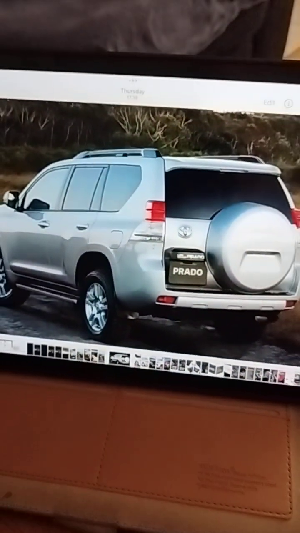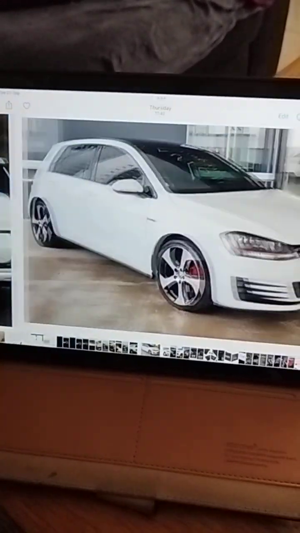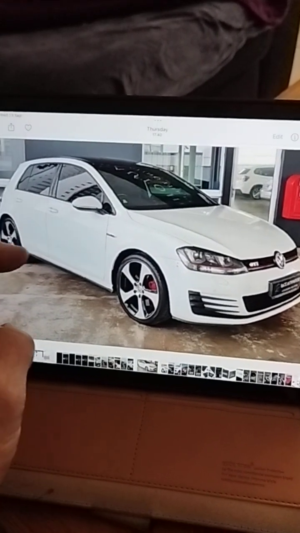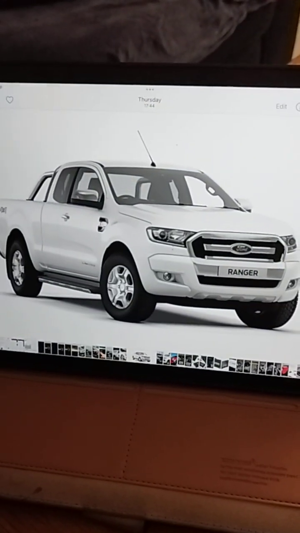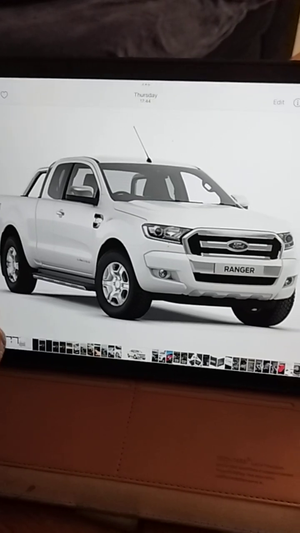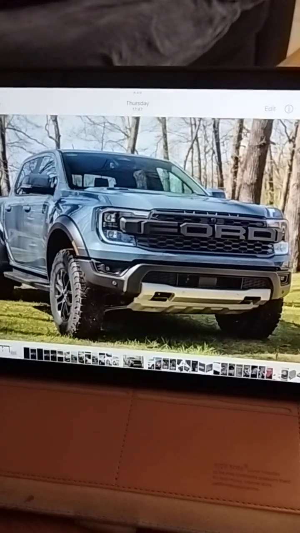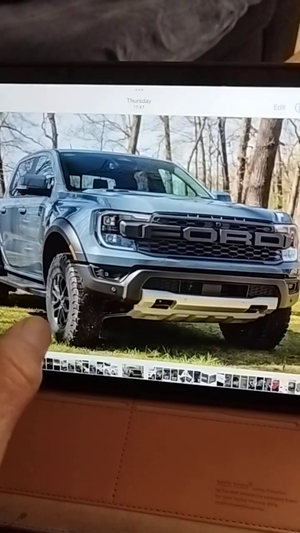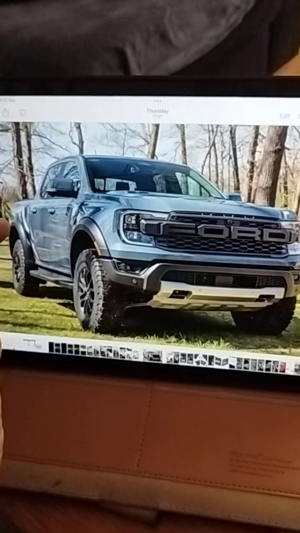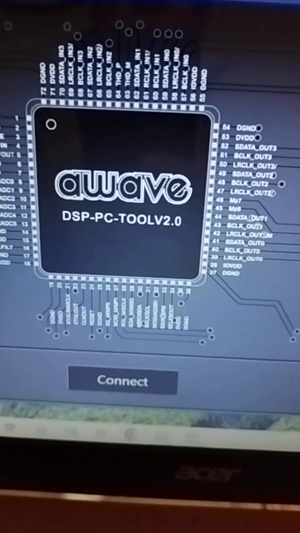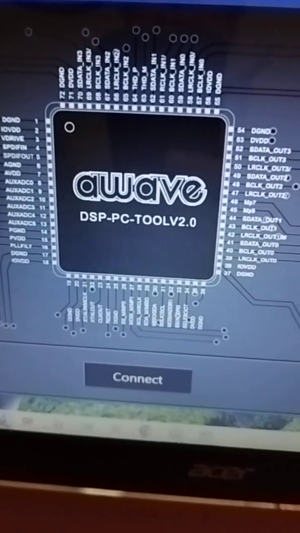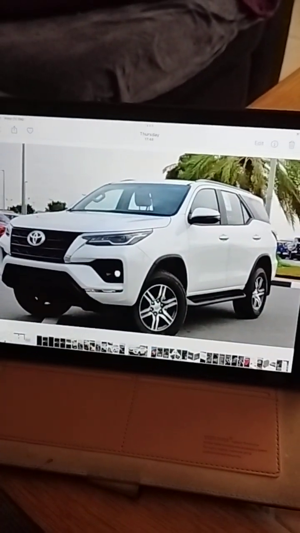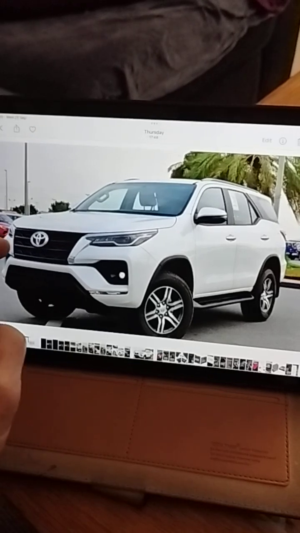come into the workshops are Toyota SUVs, the Golf 6, 7, 8, GTI and variants, and the Ford Ranger, this is a cab and a half, the very popular next generation Ford Ranger, and this has some challenging inputs when using the AWave or Steg DSPs for integration. The most popular upgrade still in South Africa is obviously the Toyota Fortuner,